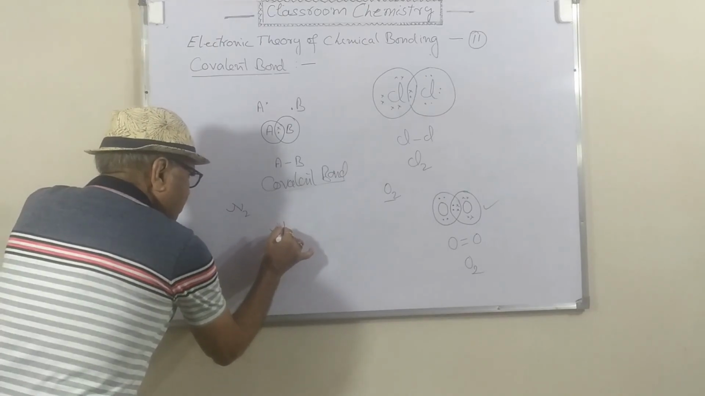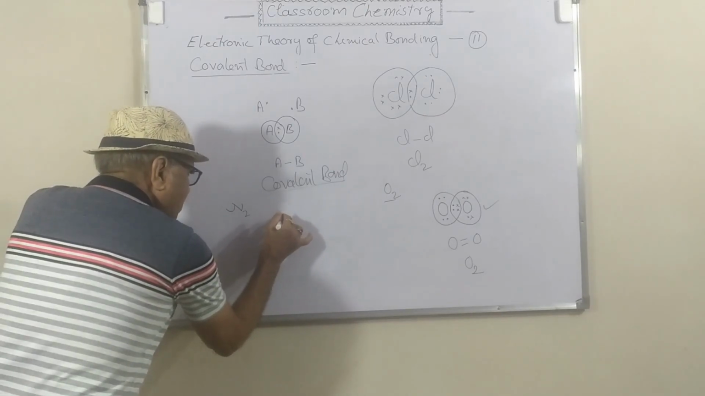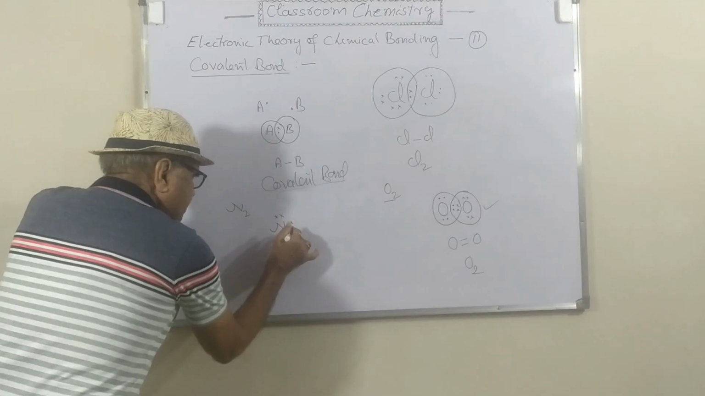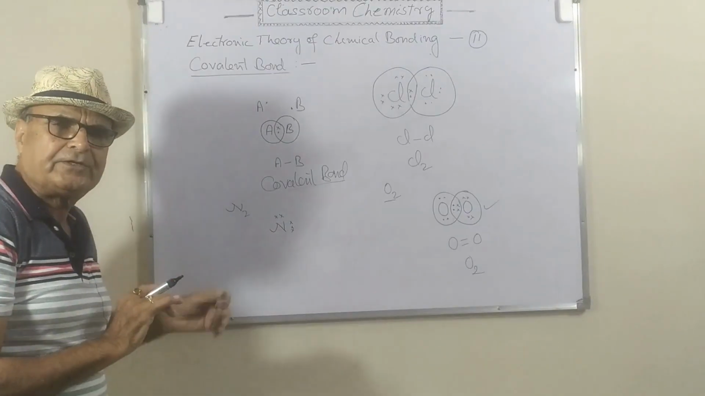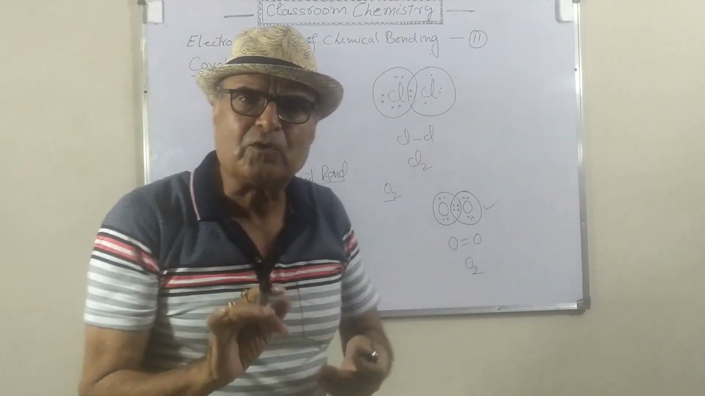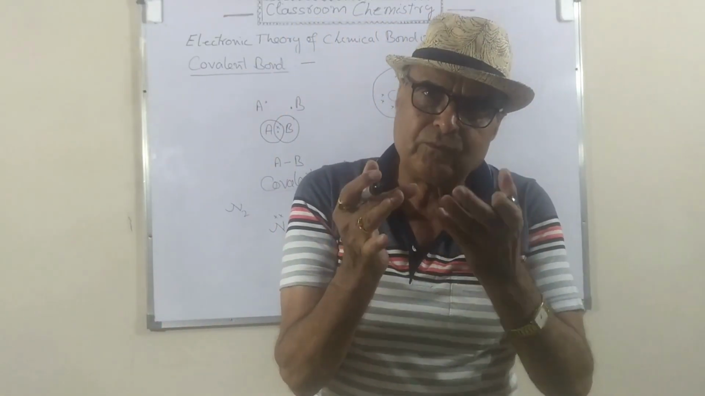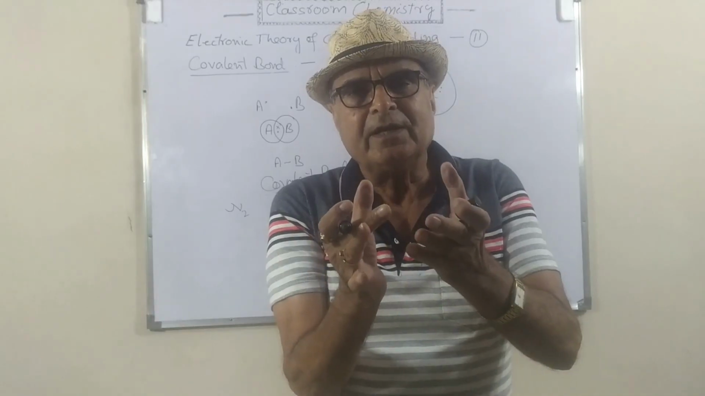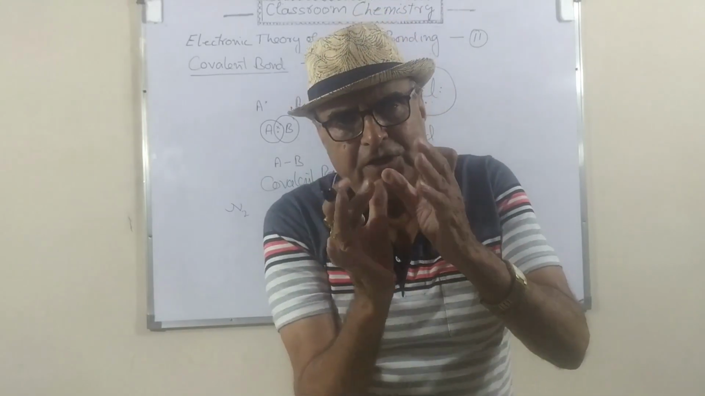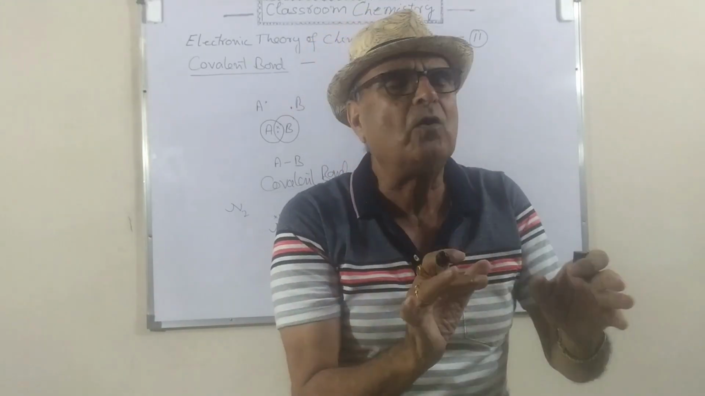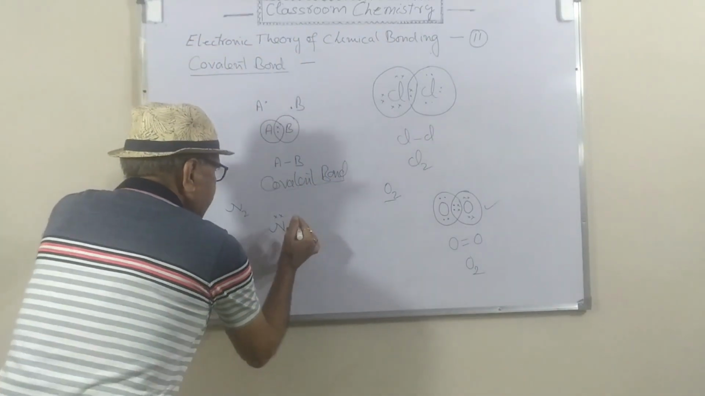Nitrogen has 5 electrons in the outermost orbit. So there are 5 electrons of the nitrogen. How many electrons will it take to complete its octet? So naturally it needs 3 electrons to complete the octet, and then the sharing of the